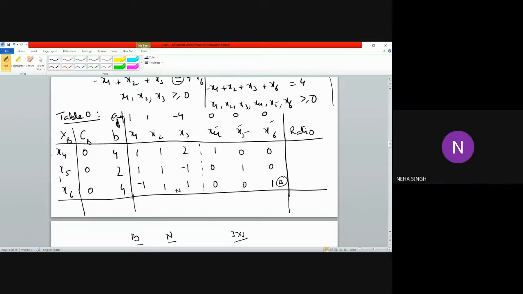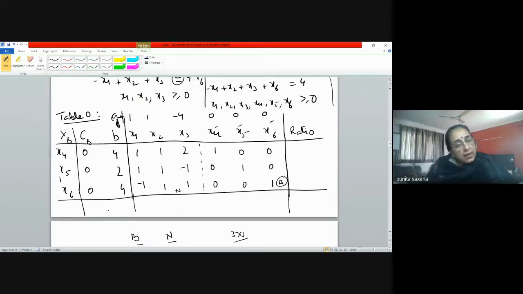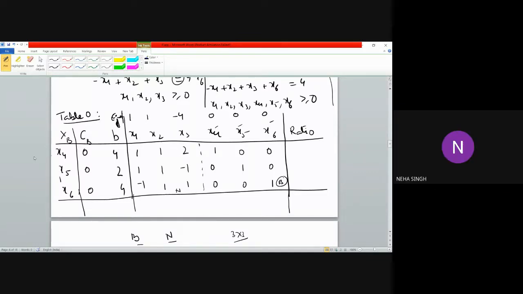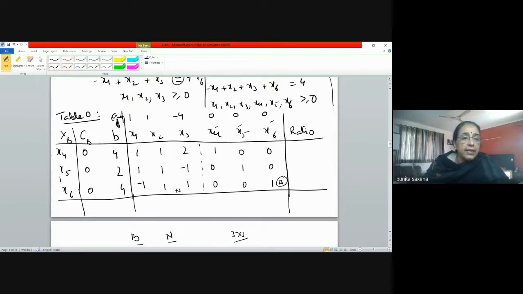तो मैम हम ऑलवेज जो हमारा आइडेंटिटी मैट्रिक्स बनेगा तो हम उसी को चूज करेंगे फर्स्ट. Yes, not just first. You will see ultimately वो हमेशा ऐसे होगा कि जो तुम्हारे बेसिक वेरिएबल्स होंगे उनके कॉरेस्पॉन्डिंग तुम्हारे इस पोर्शन में आइडेंटिटी मैट्रिक्स ही रहेगा. यस मैम. बिकॉज हम किसी को एंटर कराएंगे, किसी को लीव कराएंगे, तो जिसको एंटर कराएंगे वो कहीं ना कहीं इसी आइडेंटिटी मैट्रिक्स के कॉलम को ही तो चेंज करेगा.